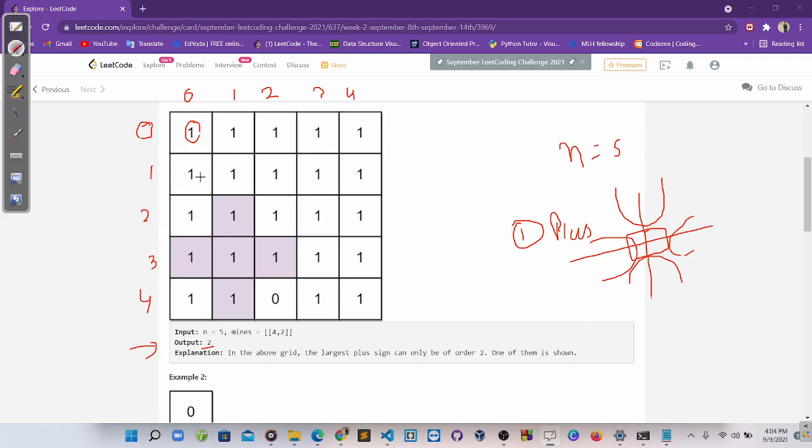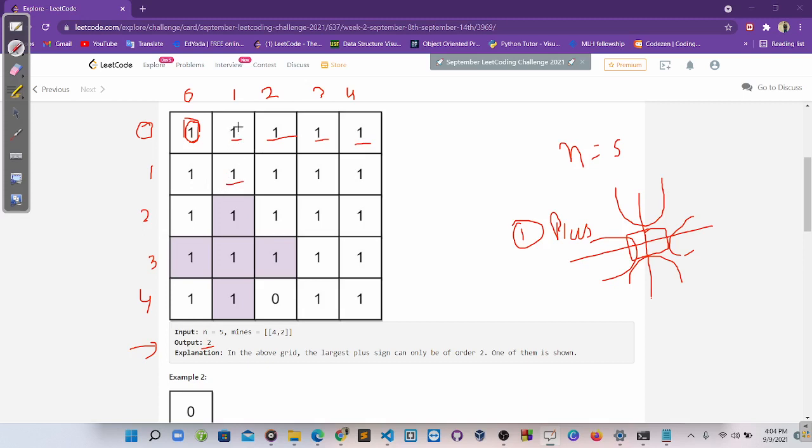If you can figure that out, then you can see, okay, that for this one the plus sign is only 1, because you can see there is no left, there is no top, so this is the only cell. Okay, we can't consider it as the plus sign. So for the first row, for all we have only 1 as an order, but as we move down we get 2 as an order,